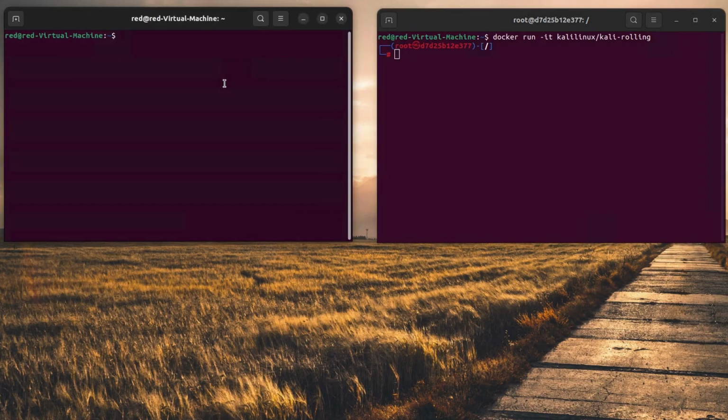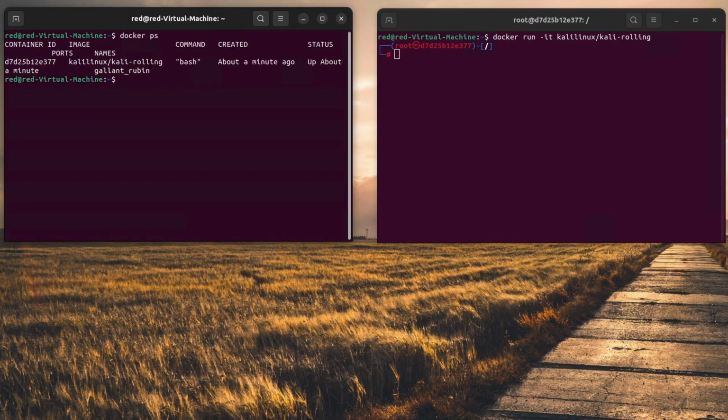So on the left hand window, if I run a docker ps command, docker ps will show us all the running containers. So if I type in docker ps now, you'll notice that the kali-linux container is running,